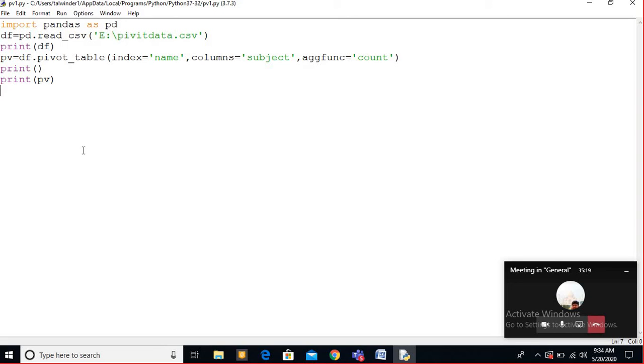For example, let's say one question is: what is the function to calculate the sum of the column maths? Then how will you write it: df maths, and the sum function will be used. So this should be in your mind. This will be the code line.